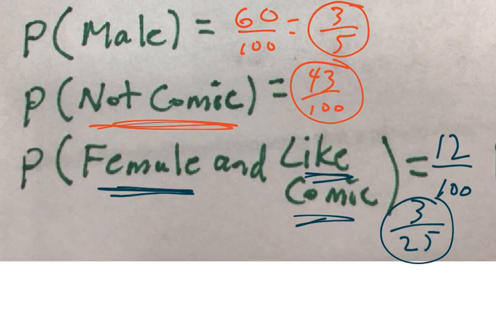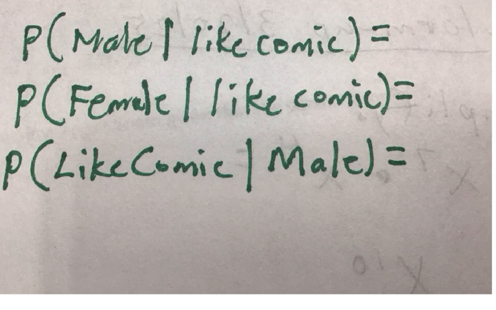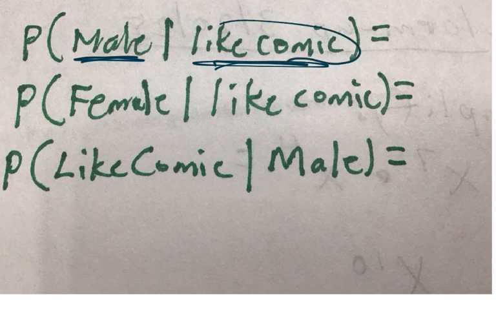Okay. Now we get to what I call the more important probabilities, guys. Because in real life, we always know certain conditions usually ahead of time. Okay? For instance, in this one here, we want to know the probability they are male again, except we already know they like comic books. So we don't care about the loser guys that don't like comic books. Okay? I'm saying that out of jest, by the way. Now, so we know they like comic books. That's what this vertical bar here does, guys. It means that this is given. It's a condition we already know happened.